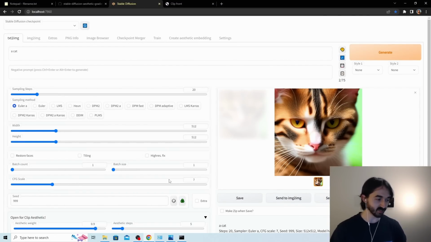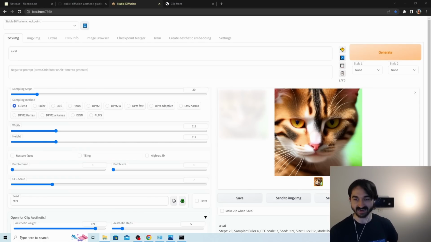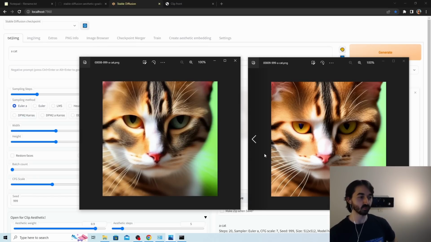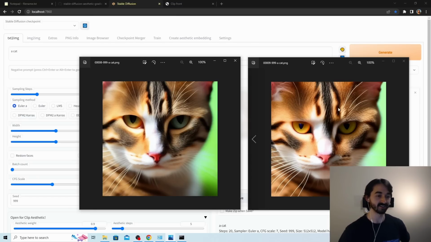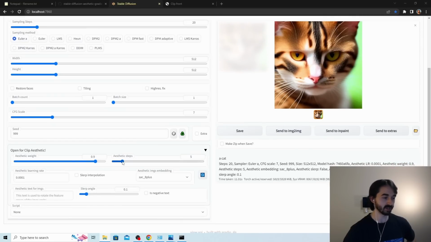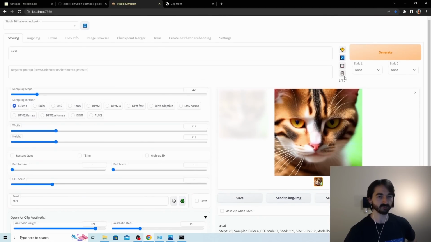Okay, and the result was identical. These are the 2 results. Now, is one cat more aesthetically pleasing than the other cat? Maybe? This cat seems like maybe is a bit more of a Chad. I don't know. But, okay, we probably just need to add more strength. So, we're going to increase the aesthetic steps from 5 to 15 and see if we get any better results